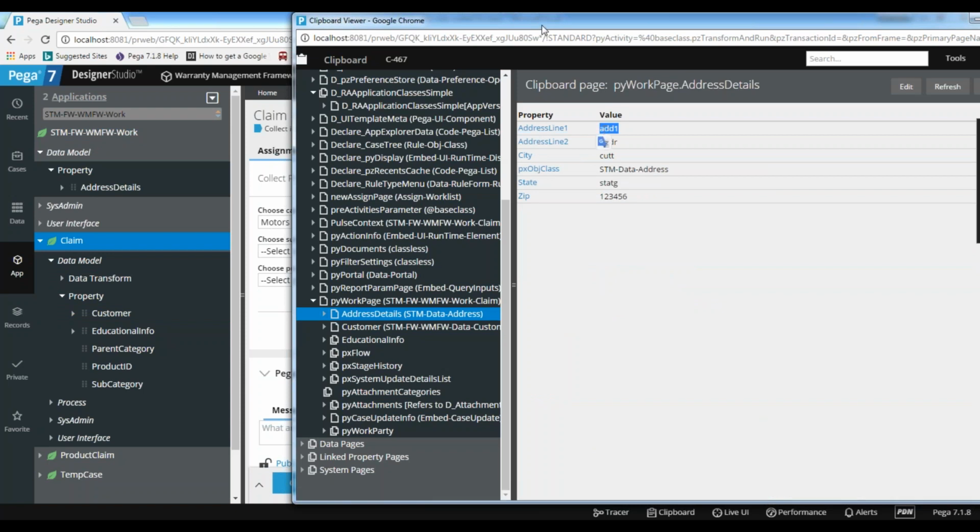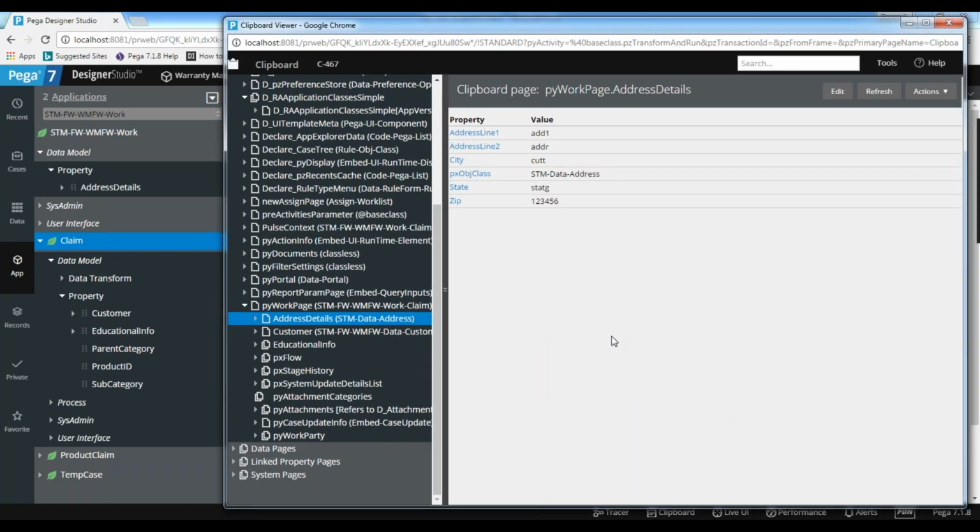If data is not storing here, you need to think about it like this. Let's say I'm doing some logic. I'm taking the customer first name and last name, and I want to calculate the full name. To calculate the full name, the data should be available on the clipboard first. I need to concatenate first name and last name. Let's say for some reason the full name is not being calculated. What is the first thing you need to do? First, check whether the first name and last name are being populated in the clipboard or not. If it is being populated, then it's an issue with the logic. But if it is not being populated, it's an issue somewhere in the UI configuration.